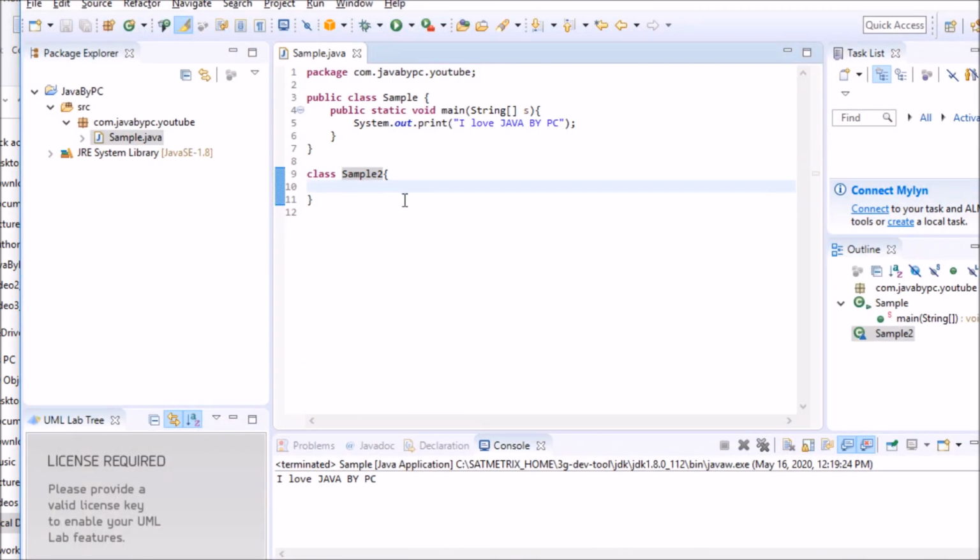Now the second question was, if we have more than one class in a single Java file, can we keep a main function in each class? I guess it will let us have the main function in each class. Let's prove it.